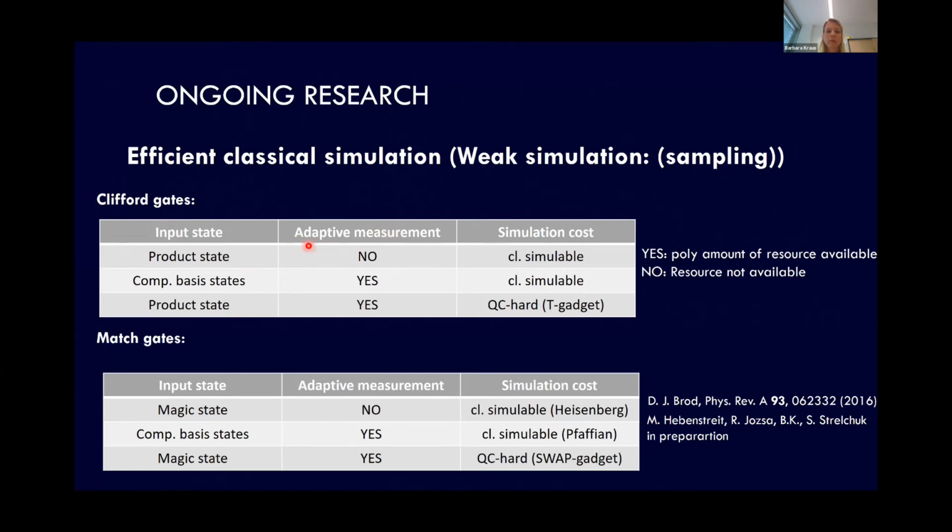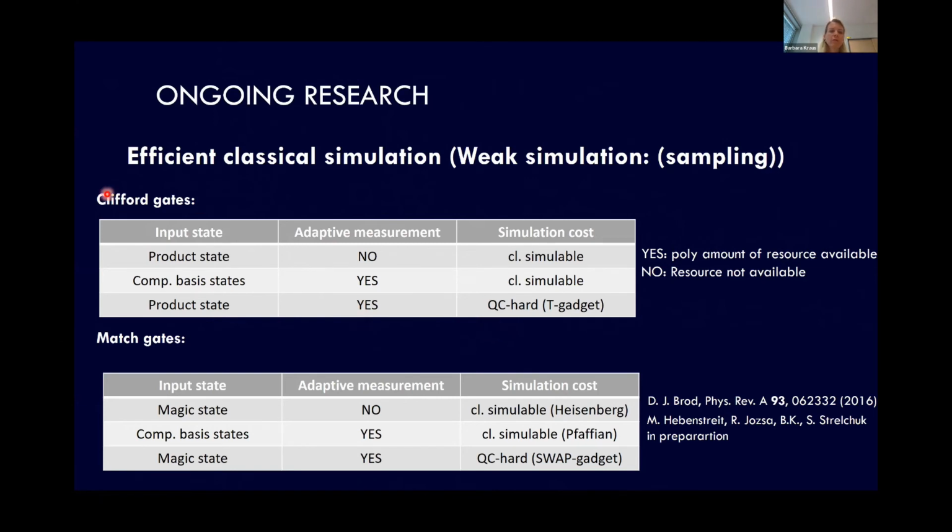Okay, and depending on that, you see that you can have a classical simulation, or you actually really get something as powerful as a universal quantum computer, which many of us believe that you cannot simulate classically efficiently, hopefully. Okay, and you see, for instance, that if you have product states, this allows you, in this setting, to have the T state, which is a magic state. And if you allow also for adaptive measurement, then we just discussed that this leads to a universal quantum computer. Hence, you have this result.